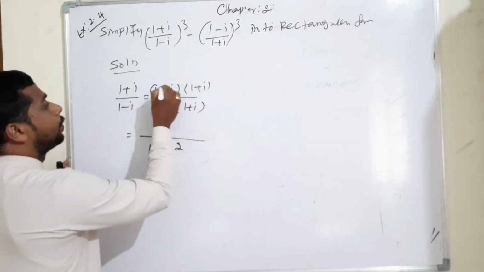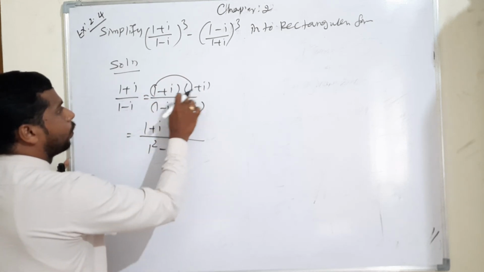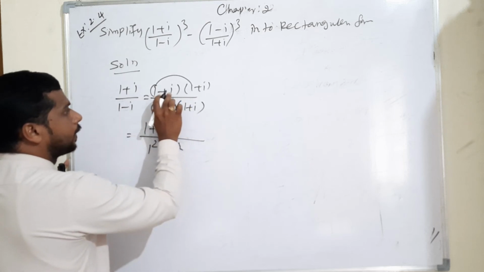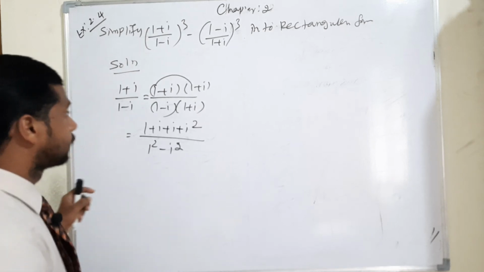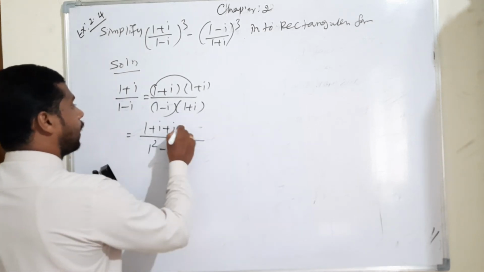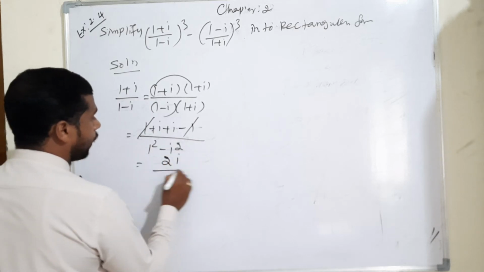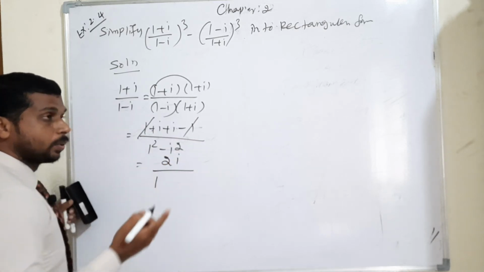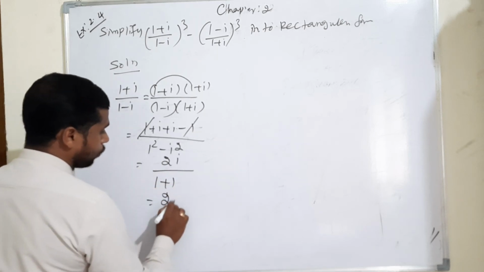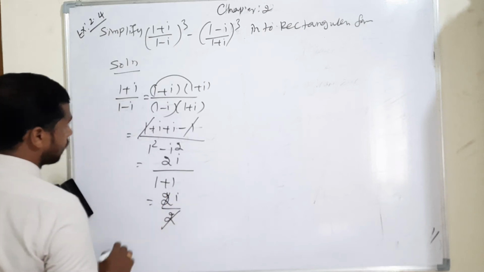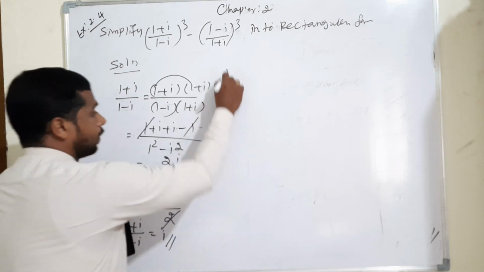But in numerator 1 into 1, 1 plus i into 1 means plus i. Again 1 into i means i. Last condition i into i means i square, isn't it? So plus i square. Plus i square means we can write directly minus 1. Then plus 1 minus 1 cancel. Again i plus i means 2i. Denominator 1 square means 1. i square also value will be minus 1. Therefore minus into minus plus. Again 2i divided by 2, the 2 cancel. This is called 1 plus i divided by 1 minus i is equal to i.